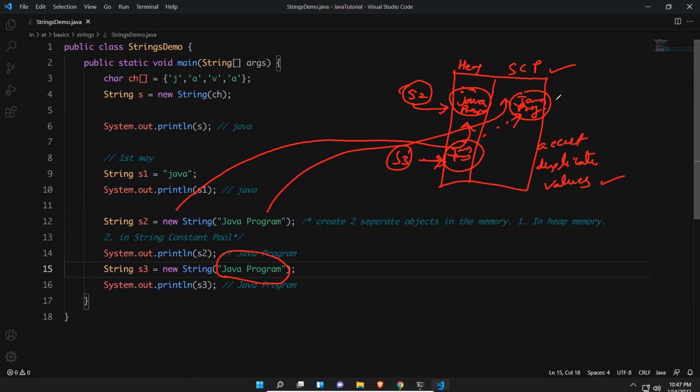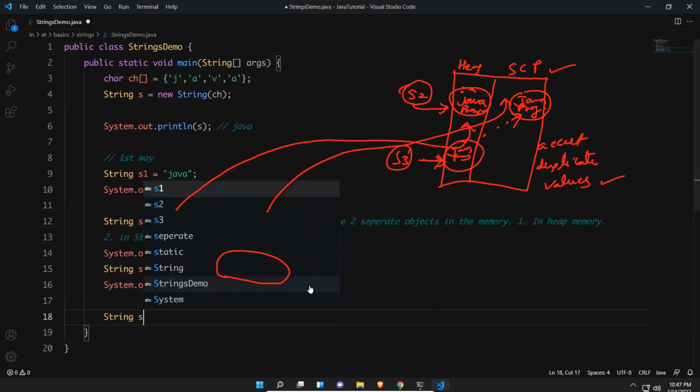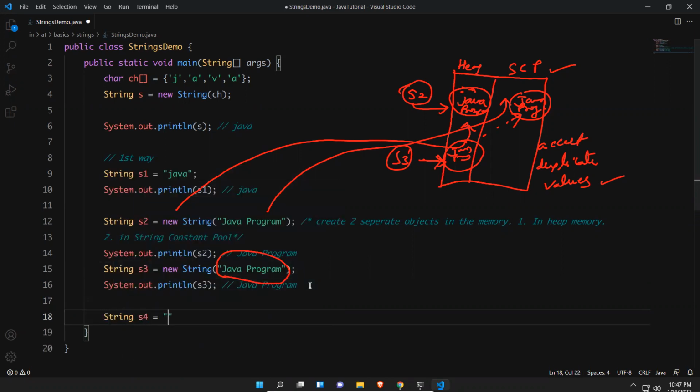And if you take the second way, the first way we have taken already. In the same way, I will print string S4 is equal to Java program, same thing. And I will print the same thing here also, S4.